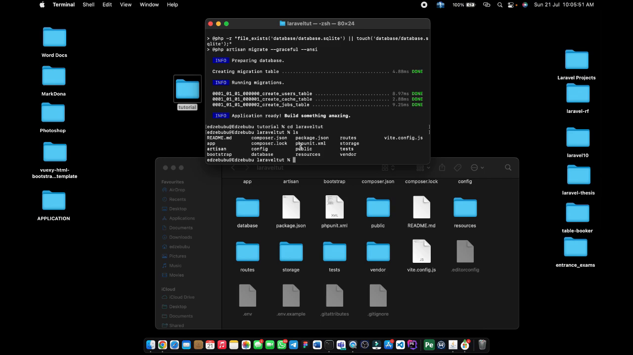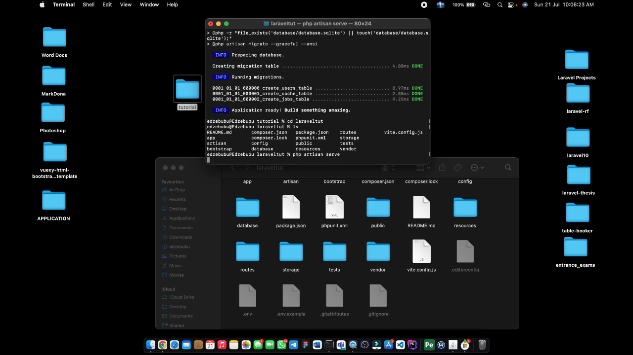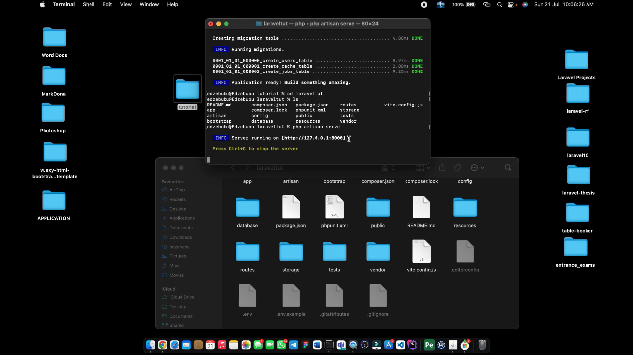Now the next step is to serve the application. To do that, we are simply saying we want to start the development server. We run the command php artisan serve. Then we hit enter. Immediately we do that, you can see that a link has been created for us. INFO Server running on http